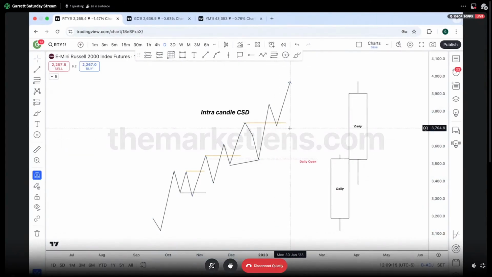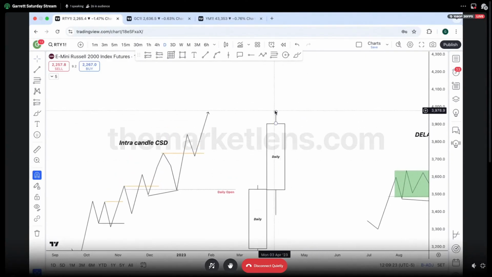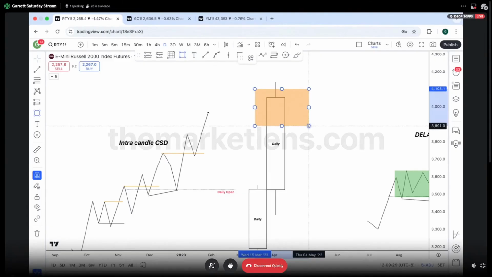That's also a protected low. And you're just trading away from that low of the day, right? Another thing to note about trading weekly profiles, or just anything, is we don't want to enter way up here in the daily range, right? Because if you enter in here, let's say, with your stop loss